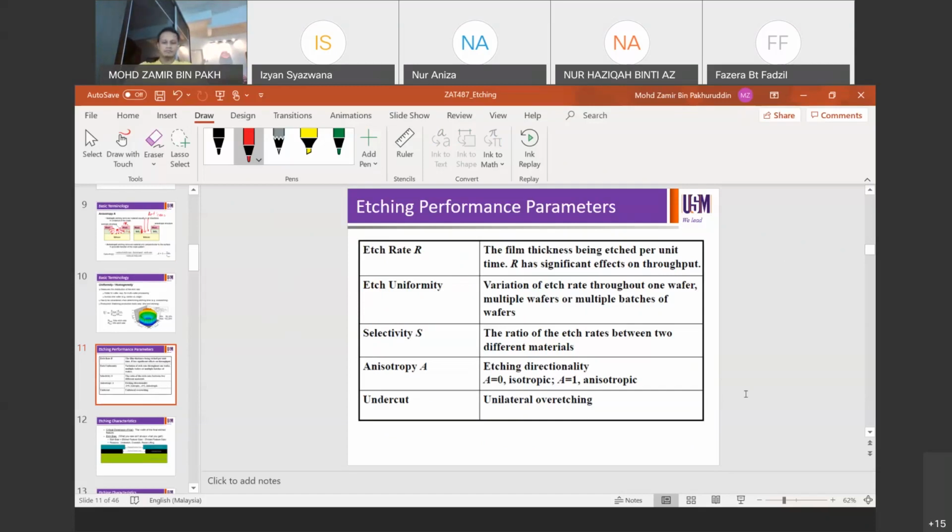Yes, it's high. Right? Not sure? Well, it's high actually. If the throughput of your process is high, sorry, if your etch rate is high,